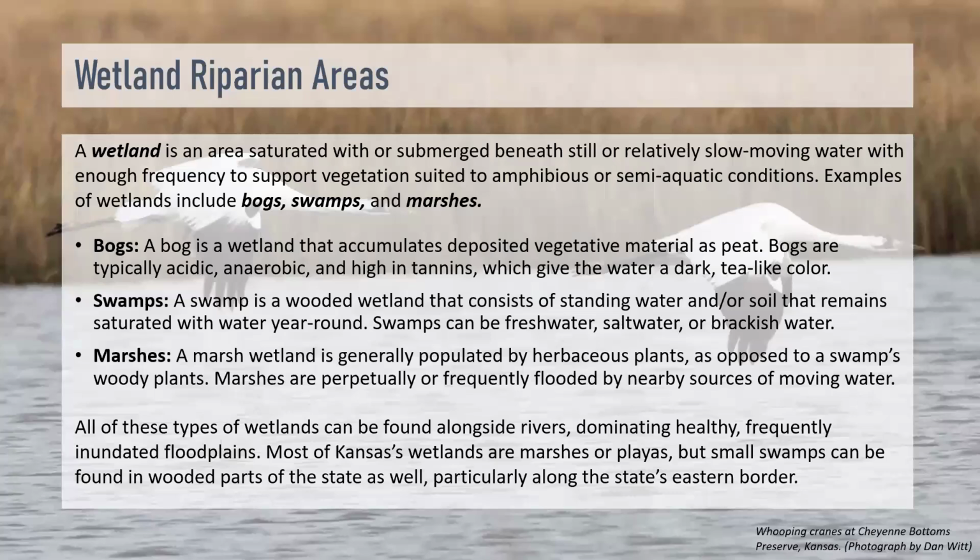Wetland riparian areas. So a wetland, we're familiar with that. It's an area saturated with or submerged beneath still or